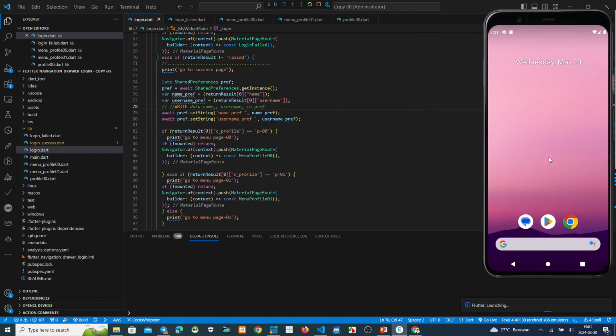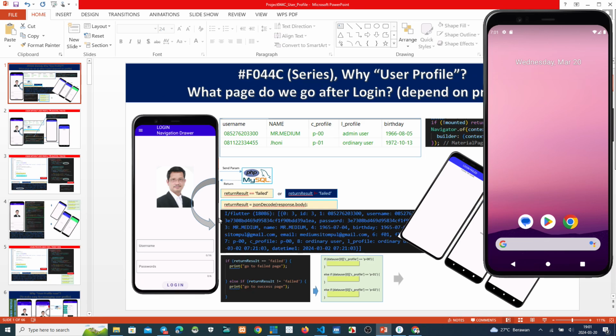While this process is running, I want to explain to you. After we run this, we can see the result.